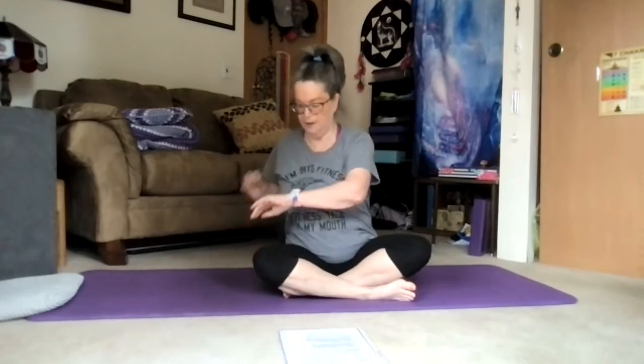Okay. And with this, we do the thoracic twist as well. So let's change your legs. Now, left hand on right knee. Your right hand is spider fingers, fingertips only behind you. And rotate. Now, when you're in this position, you can move your head back and forth, or you can choose